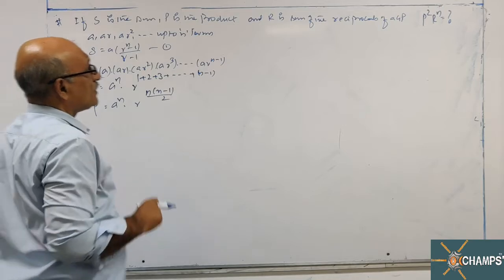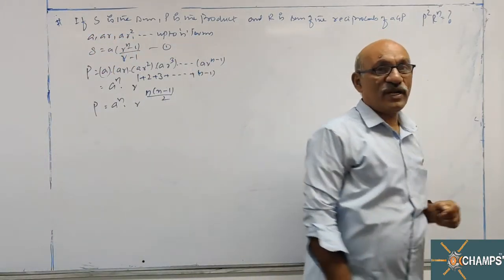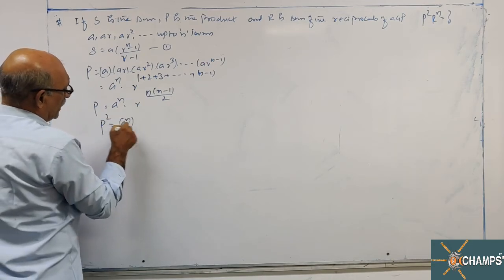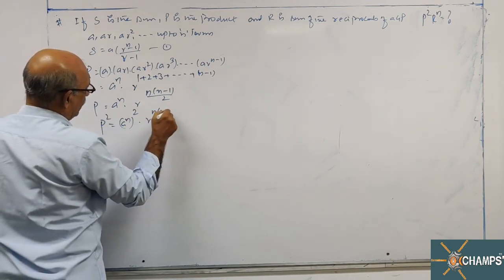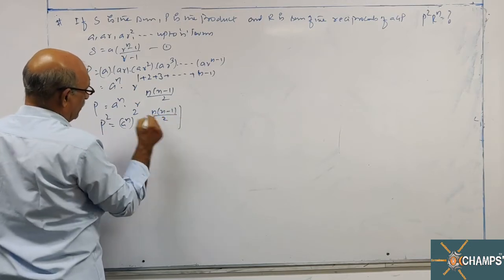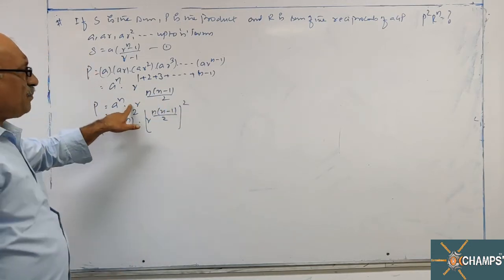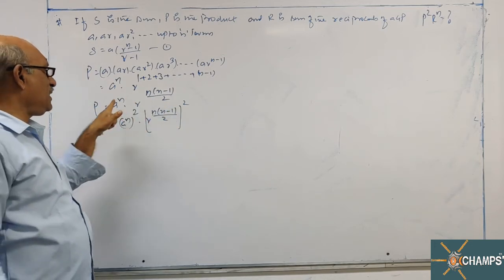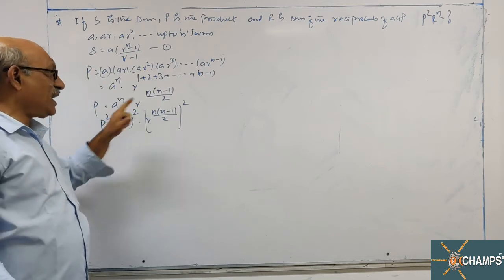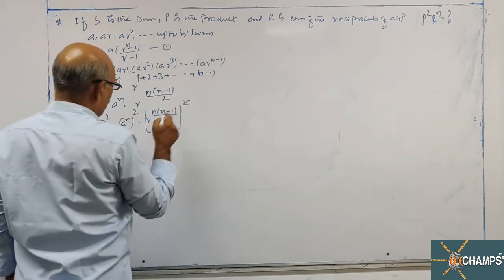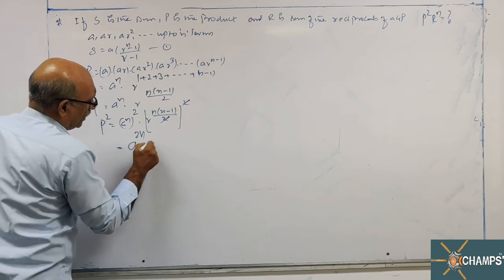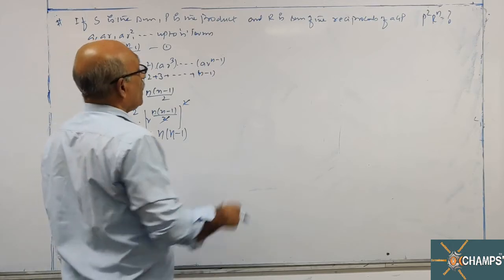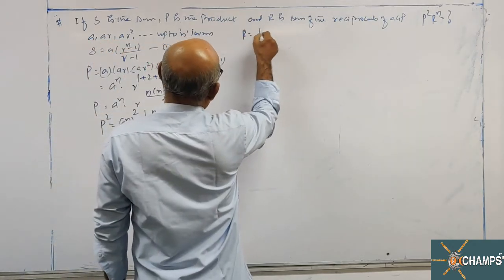This is P. Look at this, here P square is required. P square is equal to A power n whole square R to the power n into n minus 1 by 2 whole square. There is a multiplication sign between the terms, so 2 will be the power 2, first term as well as second term. 2 cancel. A power 2n into R to the power n into n minus 1. Now R is the sum of the reciprocals.